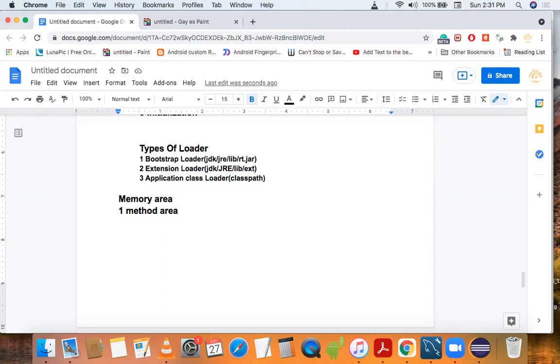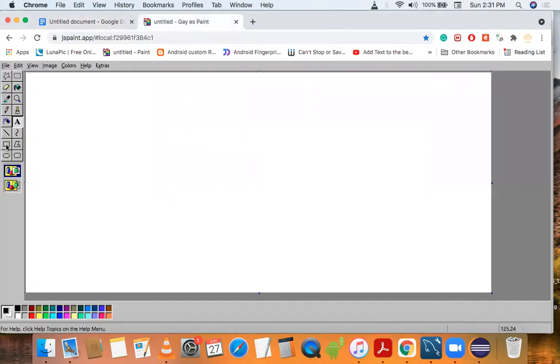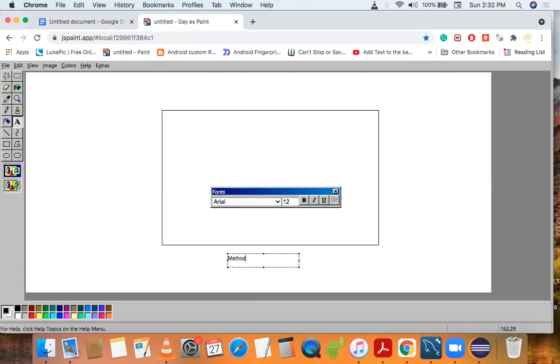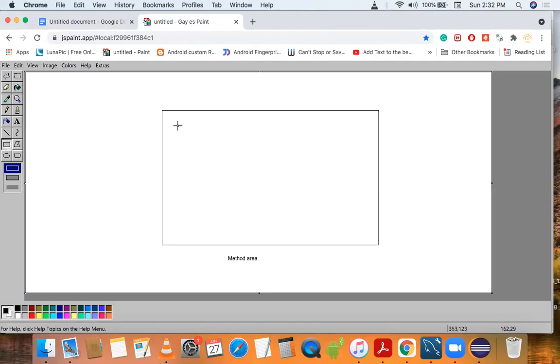So let's understand by a diagram. So suppose this is our method area. Inside method area, we store our class level data like static variable, static method, static block, and constant pool.